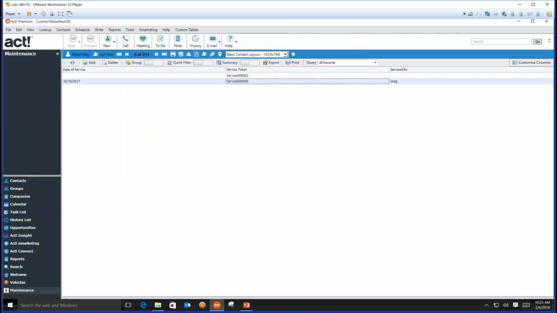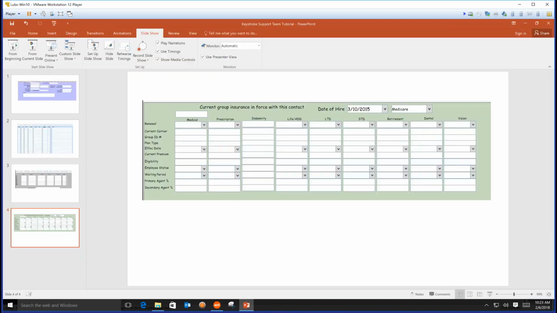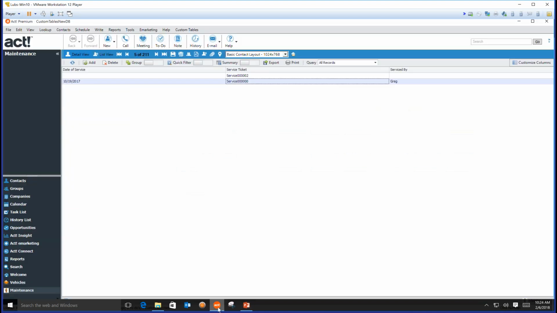Okay. So I want to get into how we actually create the table and then create a couple fields here. So I'm going to use that insurance as my model. I'm going to show you just real quick what we'll use here. So I'm going to use this tab here as my model of the field I'm going to create for this custom table, just so we have a visual of what we see in Act right now, and then what we're going to see when we create the actual table. So under the custom tables menu,